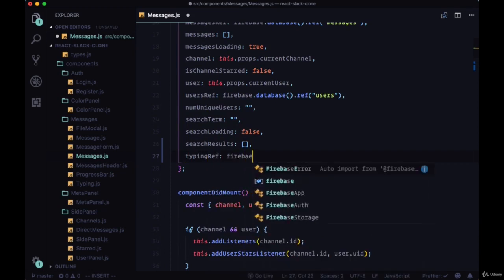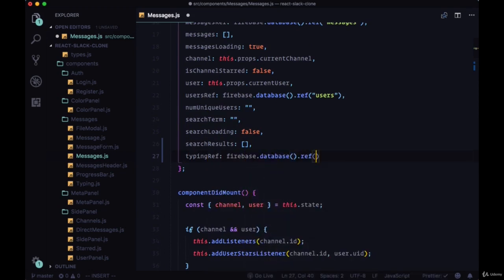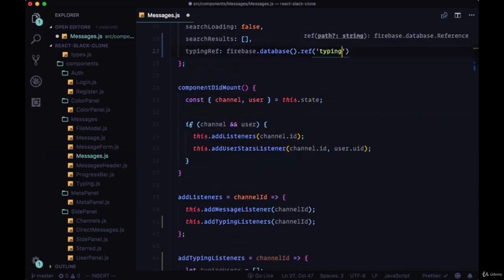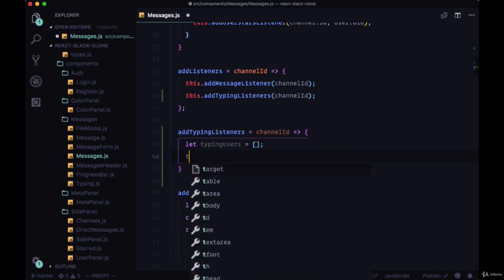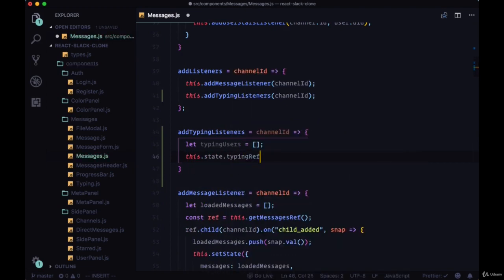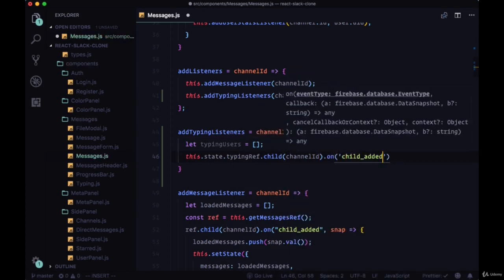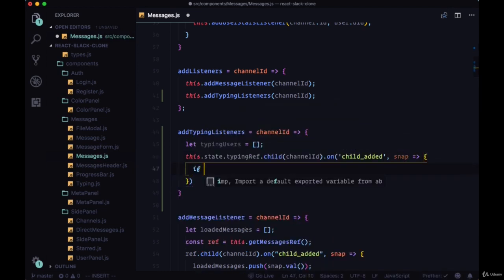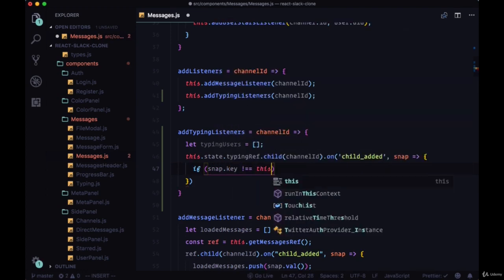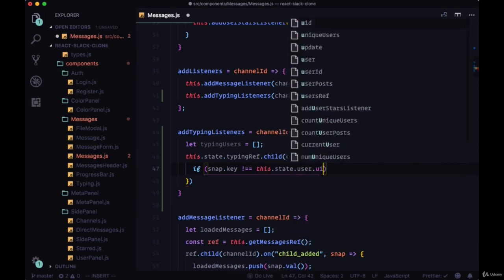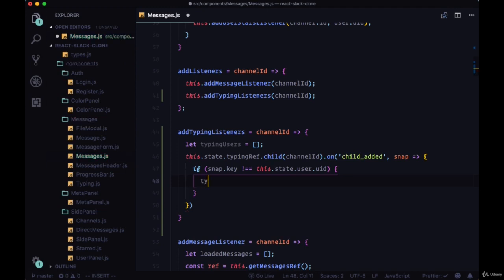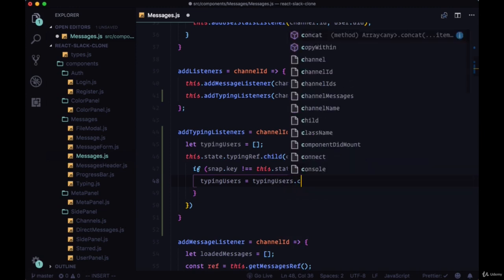So on the state object, we'll add our typing ref, referencing firebase.database, and a ref with the string of typing. So we'll take this.state.typingRef, we'll pass channel ID as a child to it, and we'll listen for the child added event. And within the snap, we'll first check to see if snap.key is not equal to this.state.user.uid, and we're performing this check to make sure that we're not collecting the currently authenticated user within this typing users